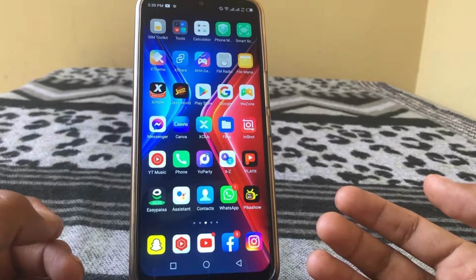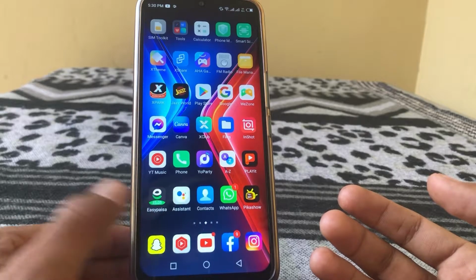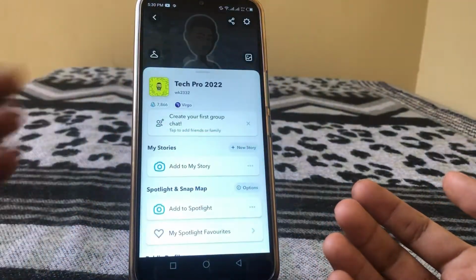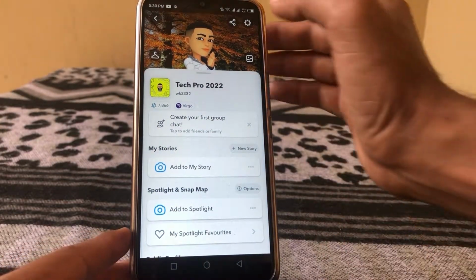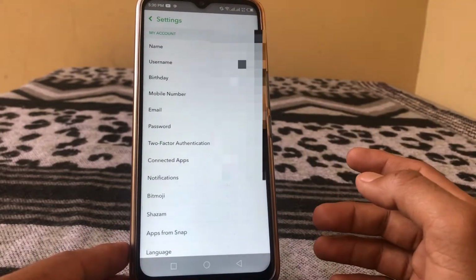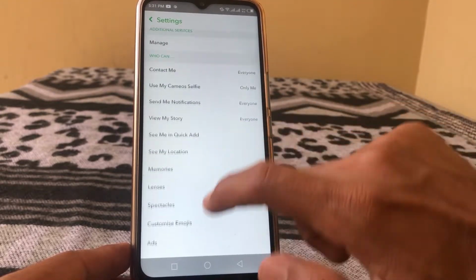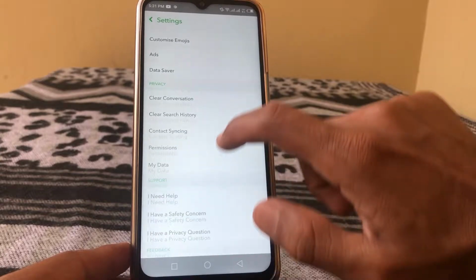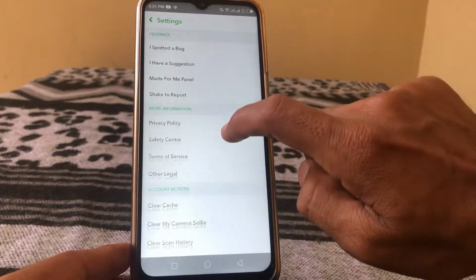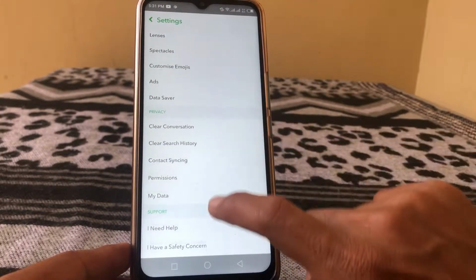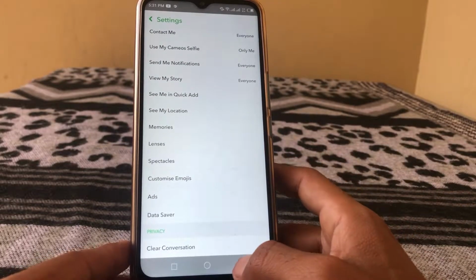First of all guys, what you have to do is just simply open Snapchat, then tap on profile icon. After that you have to tap on settings, and then let me show you here. It's not showing in my Snapchat. To fix this, what you have to do is just go back